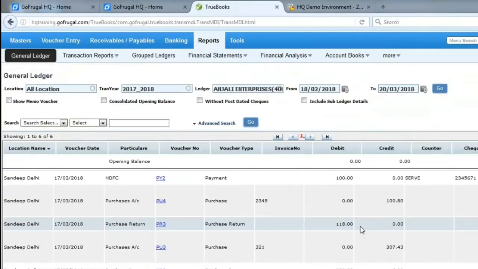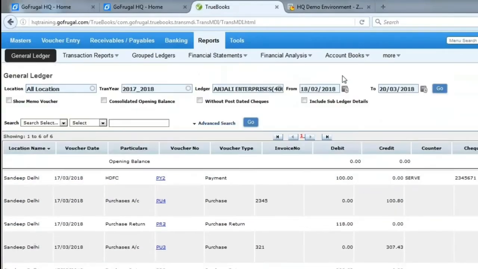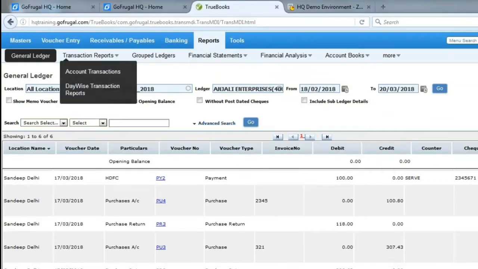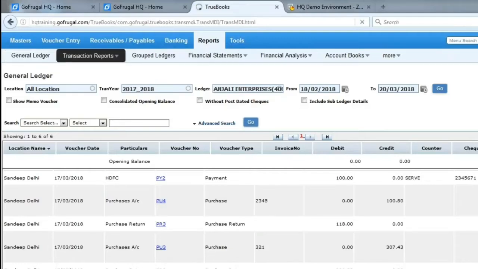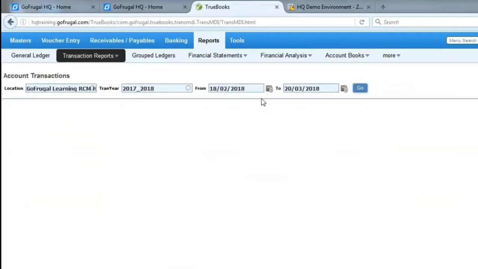This is another supplier details. Any details that we can export in a PDF and we can send it through mail to the customer for any statement request.